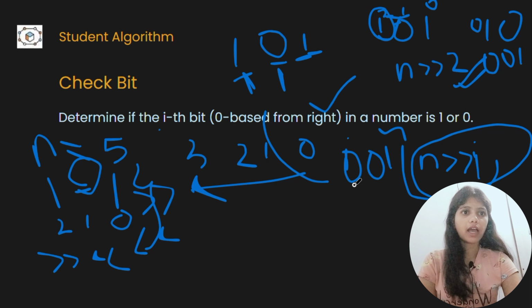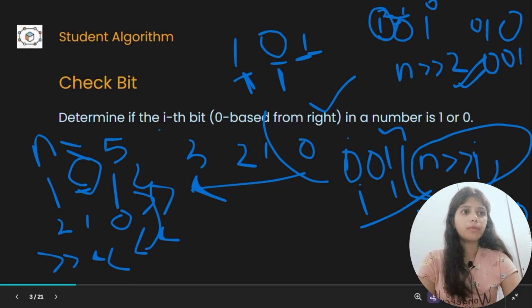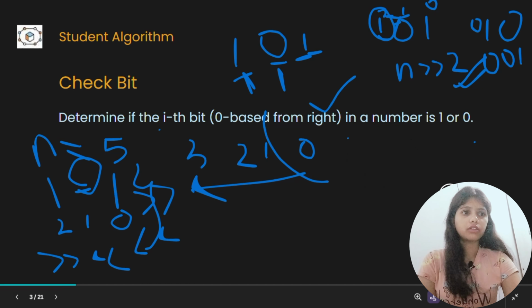Suppose I have the 0 0 1 over here, and we need to check whether that number is 0 or 1. How are we going to check? Which operator are we going to use? Okay, let's try OR first. I'm going to check with 1. So 1 OR 1 gives me 1 itself. If I check with 0 and 1 and perform the OR operation, it gives 1. It's insane, right? So instead of the OR operation,